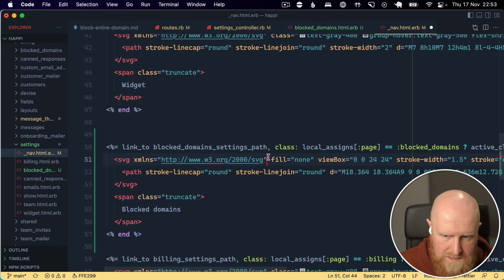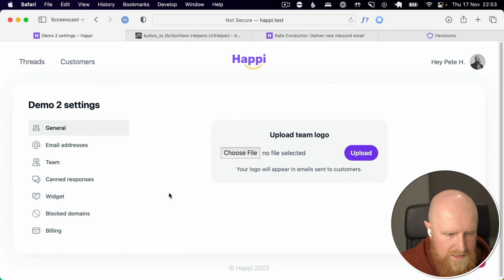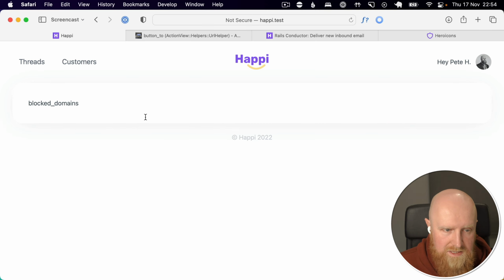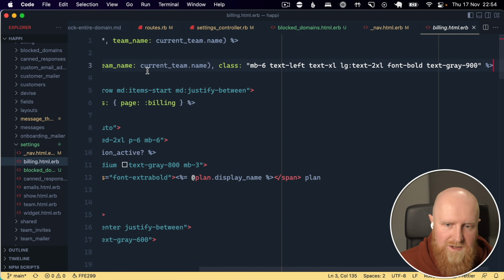Paste it in here, and then if we reload this, you can see we've got block domains with this icon, and when we click on it we get block domains, but we need to go to one of our other settings pages and basically copy some stuff here. So